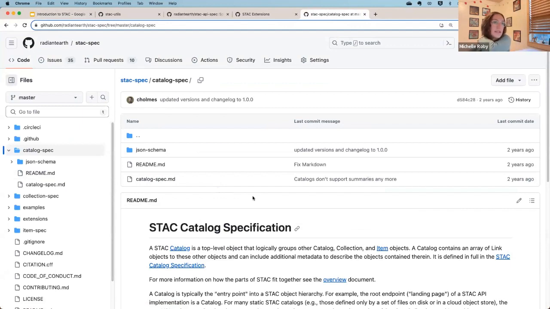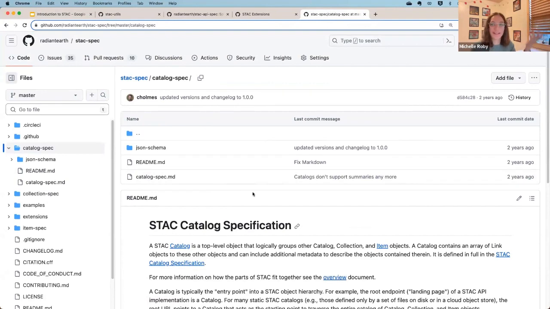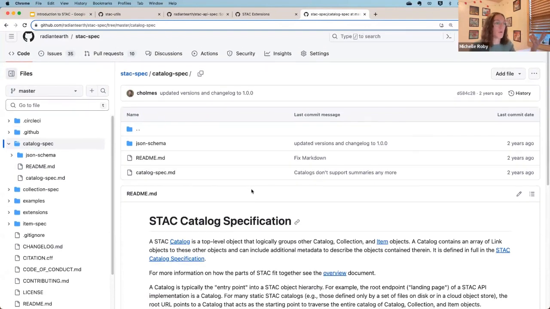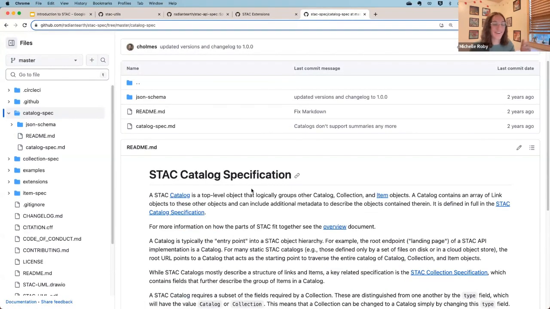I also linked to the GitHub pages because that is where all of the documentation for STAC lives. When you're actually building one or trying to read one, these sites are really helpful because you can go through and see, okay, what was an item again, or what components are here.